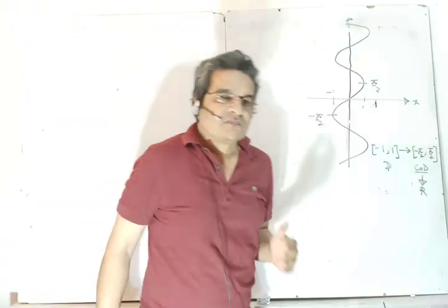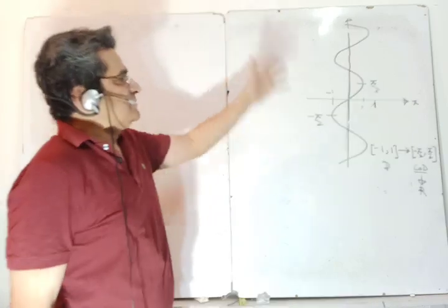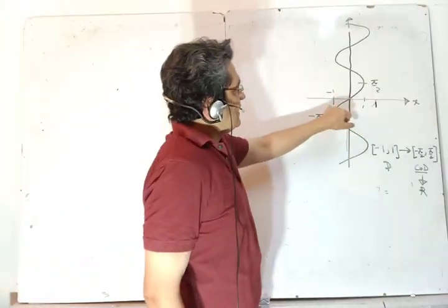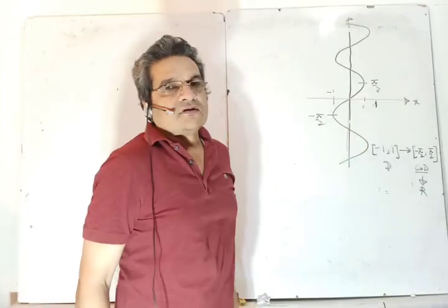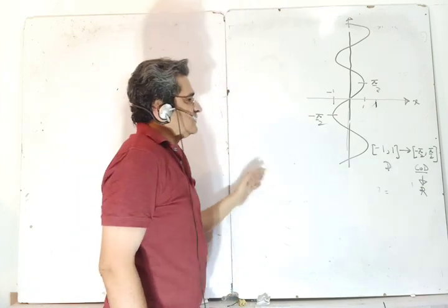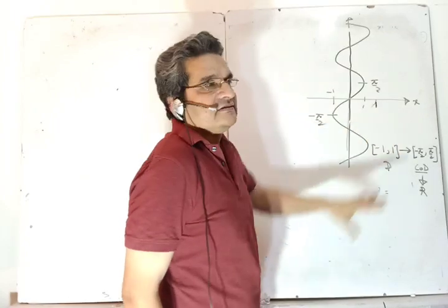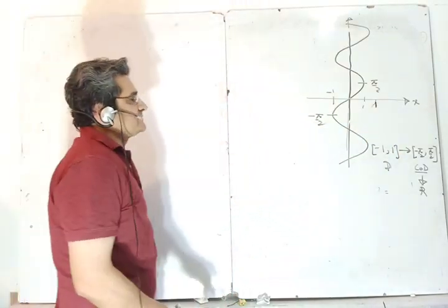Why do we have principal value branch in case of inverse function? Say for example, I am taking sine inverse. Why don't we write domain as -1 to 1 and range all real values? We could have written like that. Most of you may be knowing it, but for those of you who do not actually understand the reason behind principal value of branch, I am going to cover that.